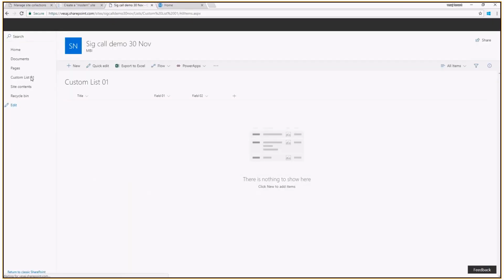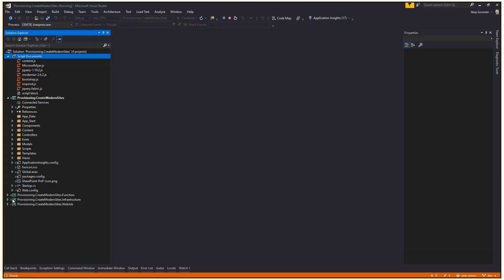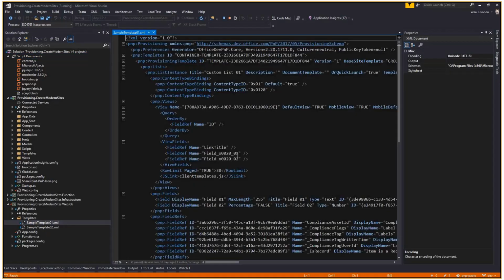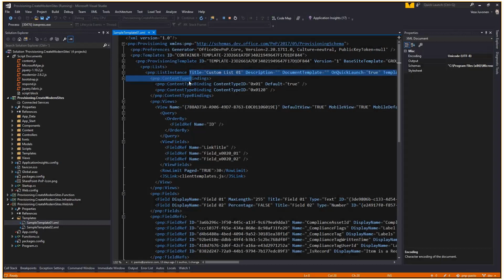And how this one was obviously done is that we have inside of the provisioning engine, in the web jobs area, when we deployed the web job, we have these templates available, which are essentially decorating, we kind of provision the out-of-the-box communication site, and then we can include, for example, whatever Bert showed earlier today in the demo on that one. So we could modify potentially the welcome page. We can add lists, content types, fields, whatever, as part of the site provisioning as well.